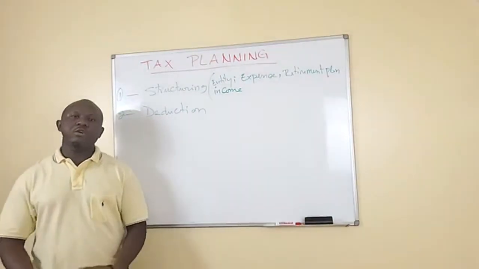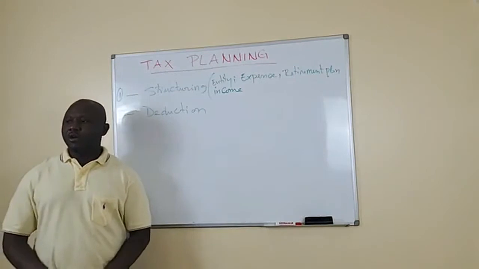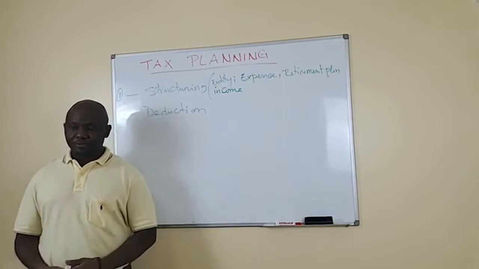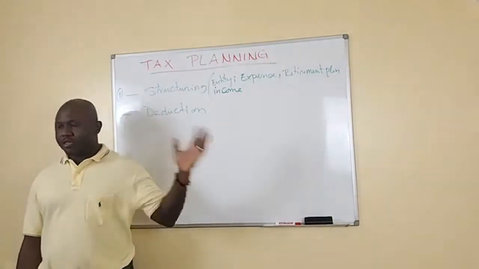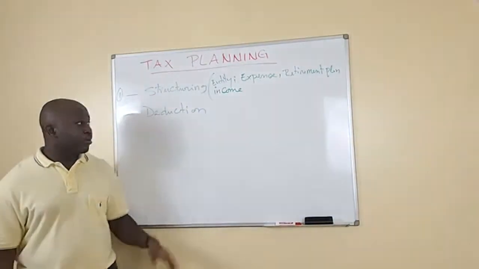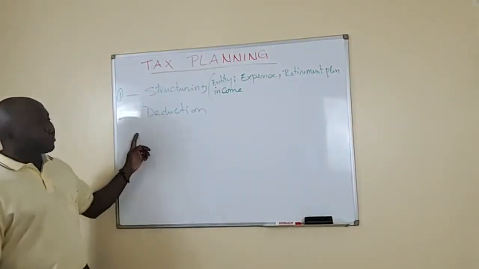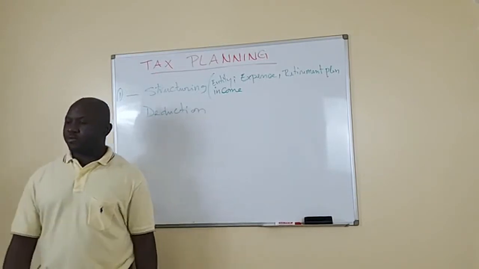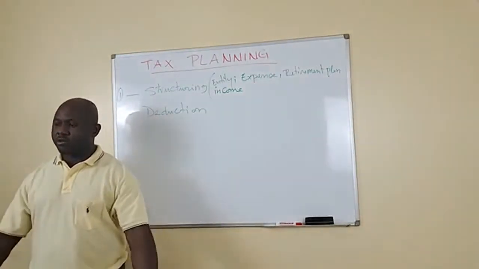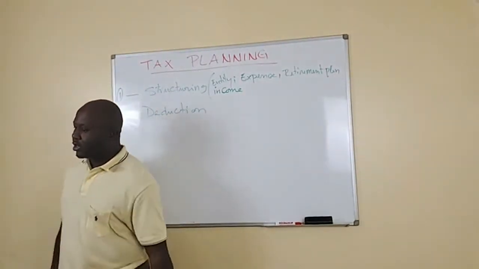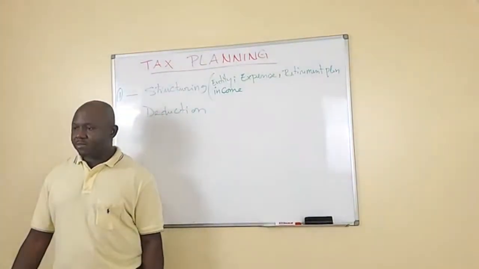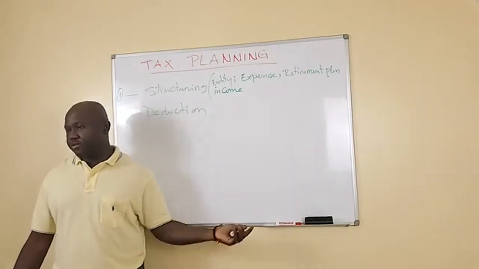Because some people will say, okay, I don't want to hire my son or my wife because I'm going to pay payroll tax on it. If somebody watches last week's video, he will see the advantages of hiring the family, right? As you are hiring your son, you don't pay payroll tax on it. That's a strategy to be able to take a deduction. You're not going to wait until the end of the year and say, okay, please, can you claim that I paid my son $40,000? It's just not possible. That's a deduction that has to be planned.